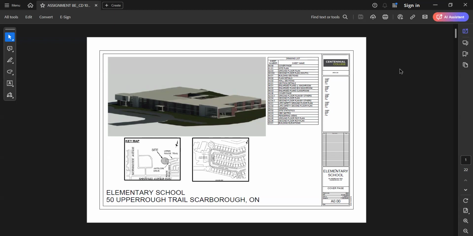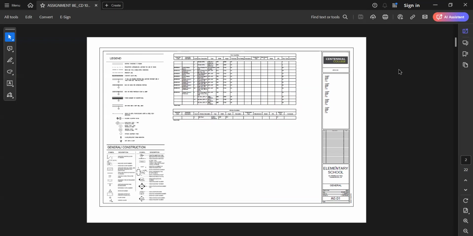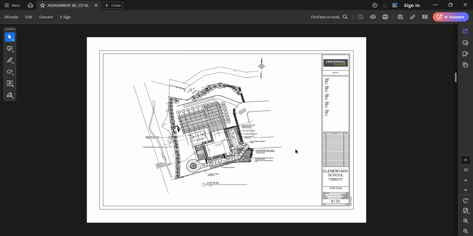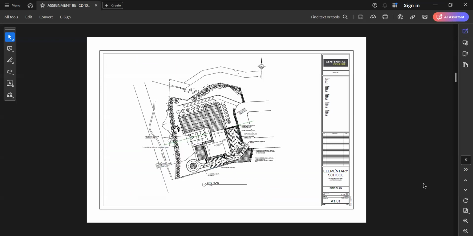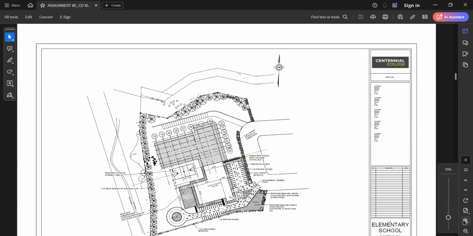So now I'm going to discuss mainly the five frames in this assignment. The proposed project is an elementary school. For my proposed site development plan, on my side of the building, the main entrance or entry point is situated